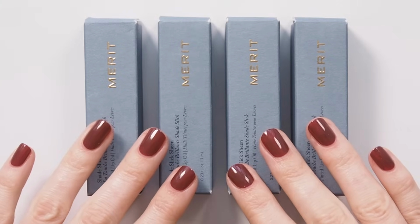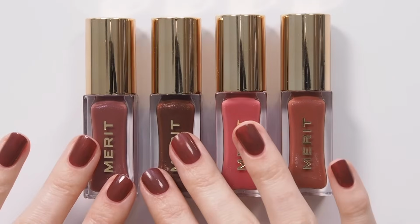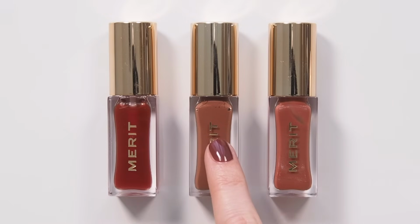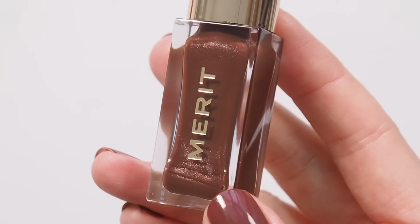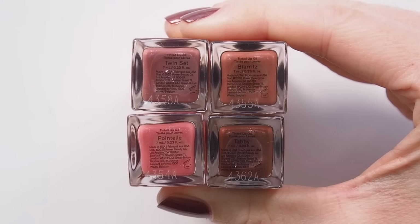There's also a new finish of their Shade Slick lip oil, and to me, this is the best version yet. Shade Slick Sheen is as cushiony as its gelée sister without the blooming pH pink pigments, but it comes in a nice natural shade range like the original. Best of both worlds, and a new soft pearl finish for an even glossier look. Not sparkly, just super shiny. They look so good over the liners, so I'll share my top combos later on,